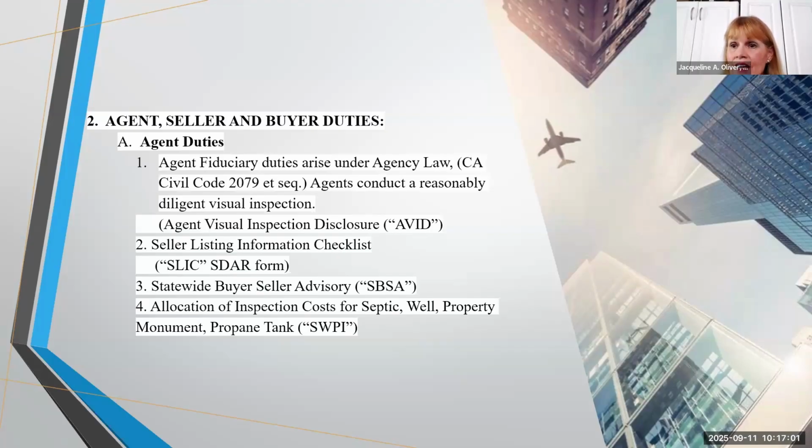And again, you have a transfer disclosure. We'll look at the RPA, and we'll see where in the RPA it shows where the transfer disclosure statement is supposed to be issued to the buyer within 7 days, unless you've changed the date. And then the buyers do their inspections, and they remove contingencies in 17 days or by what date you've agreed on by filling in the form. So you have agent fiduciary duties, and the seller has seller duties having to do with the listing information.